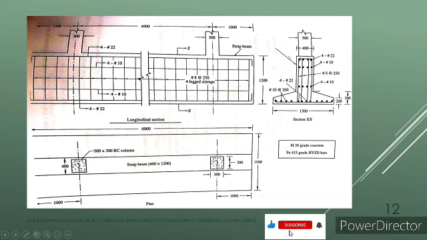So the overall depth is, you can see, 1200 mm and effective depth is 1150. So at a distance of 300 from this and 300 from the earlier reinforcement, we have provided 4 number of 10 mm dia bar which is distributed 1, 2, 3, 4 number of bar, and other 4 bars are here. Totally 8 number of 10 mm dia bar is distributed as side face reinforcement.